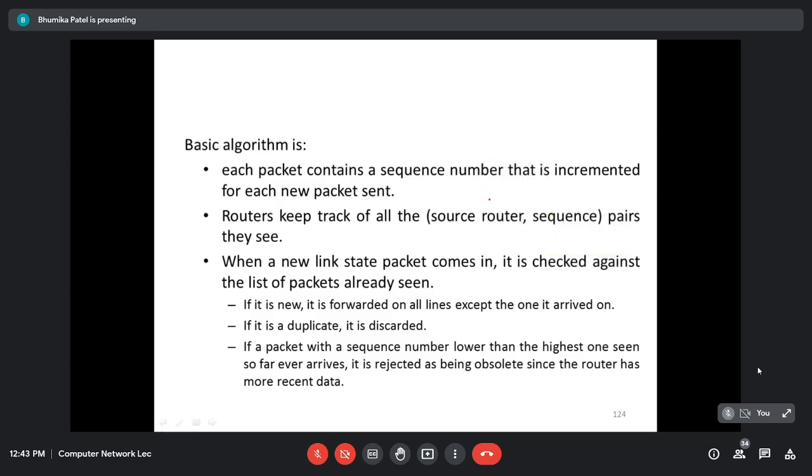And the third problem can be what? For example, any sequence number we are using is 32 bits, right? For example, some bits like 0 1 1 0 0 0 1 0 and so on up to 32 bits. Whenever we are passing this packet to the router, it may happen due to some event that some corruption occurs, that means bit flipping. For example, this bit flips from 0 to 1.